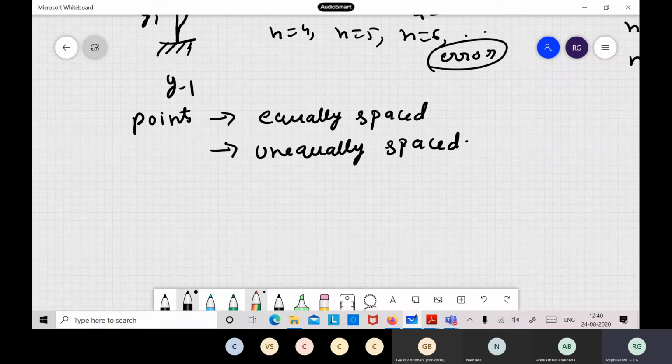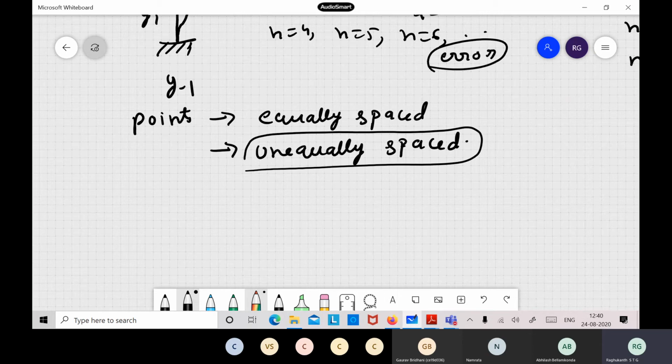So where do you require unequally spaced points? Like I'm computing the derivative, but I plus h is there while the other one is not I minus h, it is something else. Now where do you require unequally spaced points? It may be required, sir, if we already know a particular boundary condition in between, like if we know the deflection at an in-between point. Okay, fantastic.